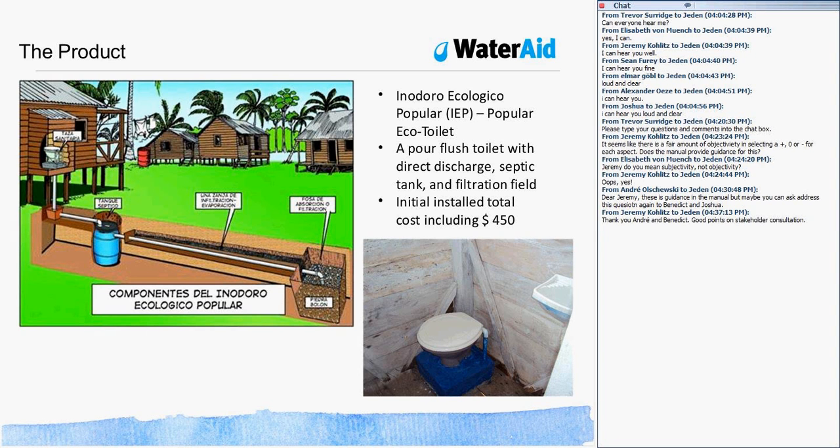So the product that we chose to look at with this first experience in applying the methodology is a core flush toilet, which was a modification of something that was introduced fairly recently and was adopted at the national government level for a period of time as the solution to be implemented in the country through their national programs. And we were applying it in this region, where the national programs rarely reach, and we were looking at the potential for the sustainability of it in that context,